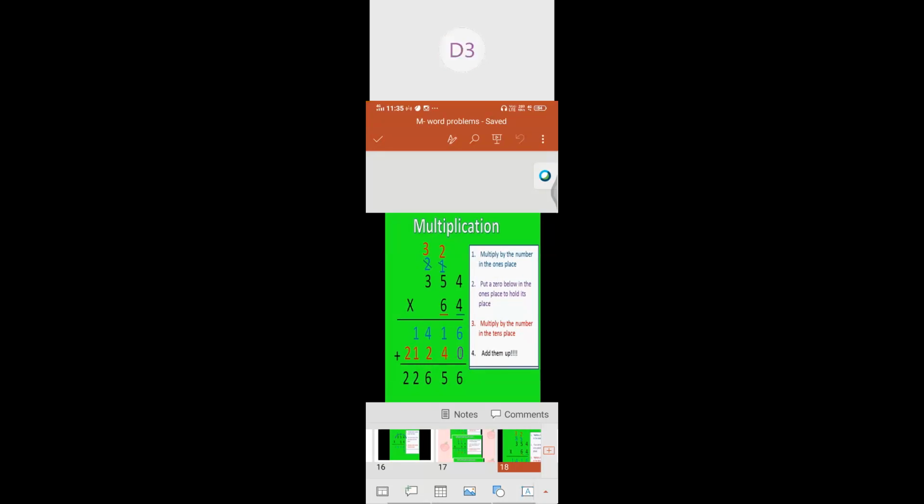Okay, now we go for the third step. If you go for the third step, what do we have to do? We have to add product 1 as well as product 2. We'll get the final answer, that is the product. So we have to add product 1 with product 2. 6 plus 0, 6. Got it? Then 1 plus 4, 5. 4 plus 2, 6. Again, 1 plus 1, 2. As it is, we have to write that one. What is the answer there? 22,656. This is the final product, which we got from the addition of product 1